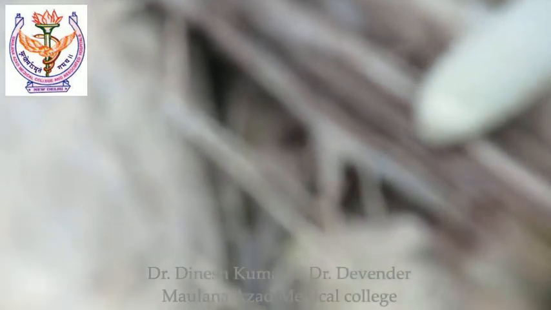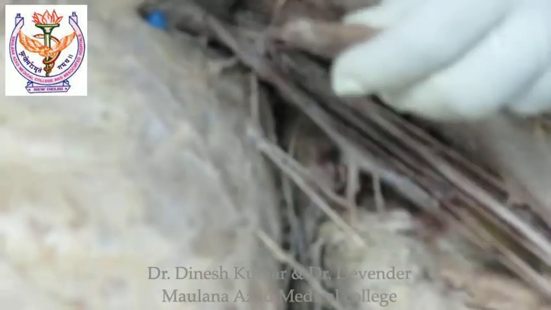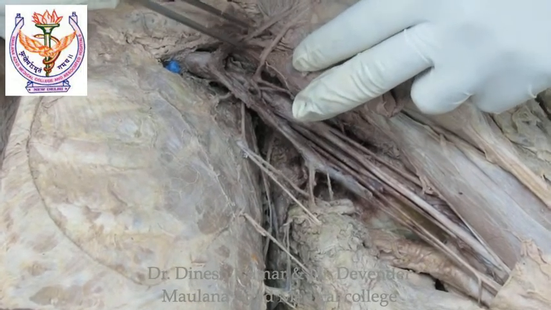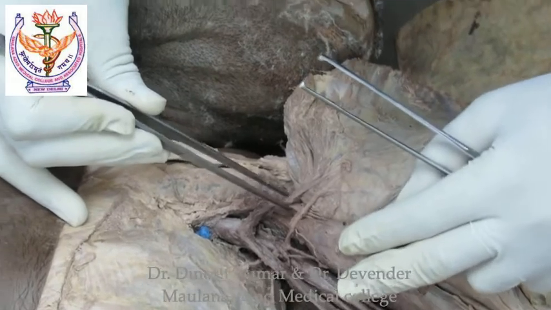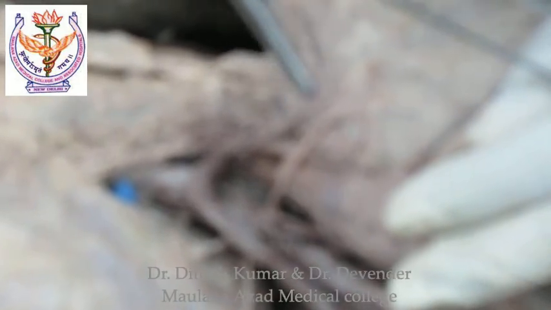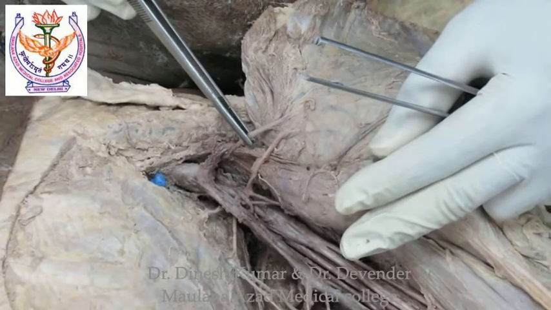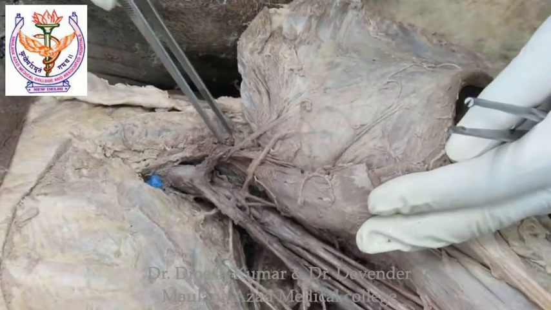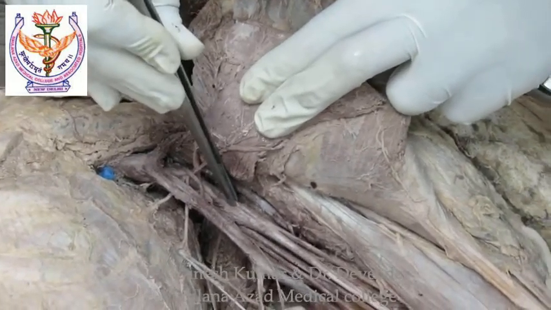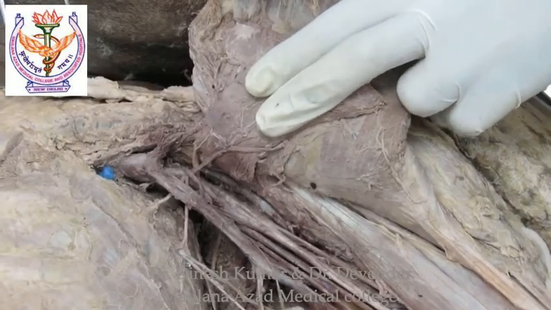Now one branch which is coming from above, that is your lateral pectoral nerve, right? We can see this is the branch of the lateral pectoral nerve which pierces the clavipectoral fascia right here, and it supplies the pectoralis major muscle, right? So from above to downward, this is the lateral pectoral, then we can see the lateral root of the median nerve, then musculocutaneous and the median nerve. So these are the branches of the lateral cord.